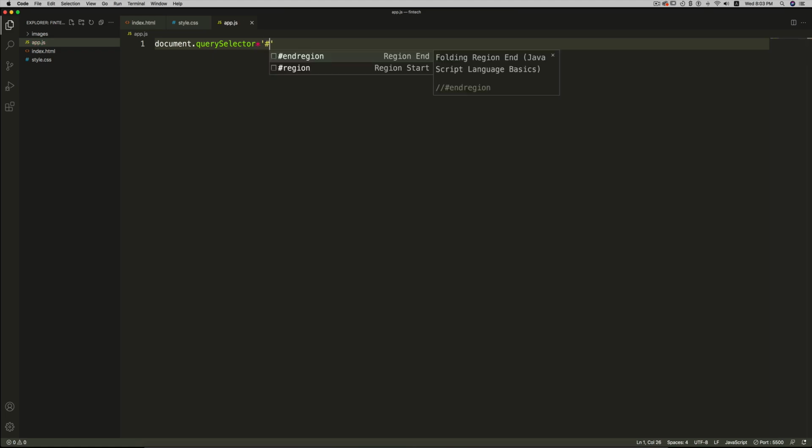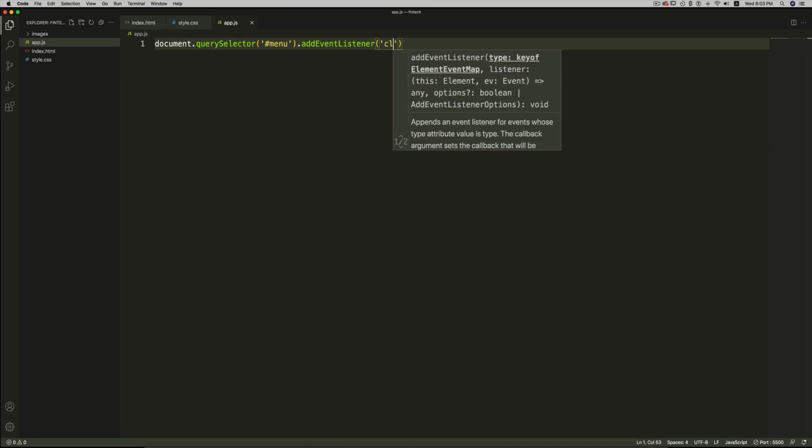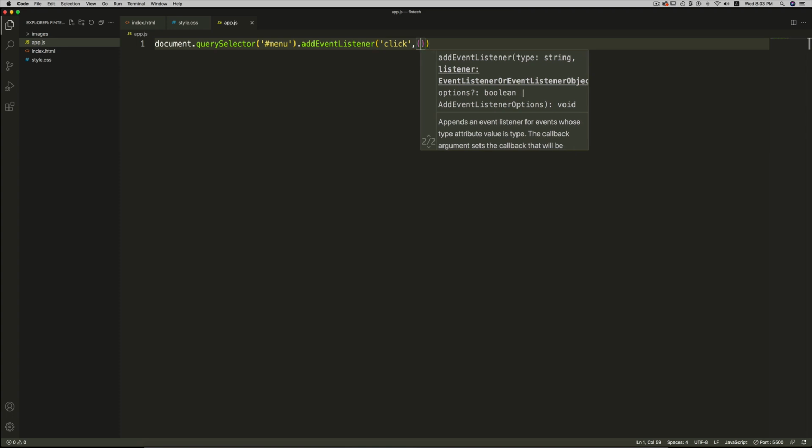Inside this I'm going to target the menu, #menu, and then I'm going to add an event listener which will be click, so that when the user clicks on it, then I'm going to write the function. So I'm going to use an arrow function.